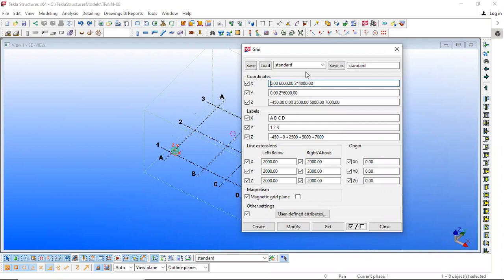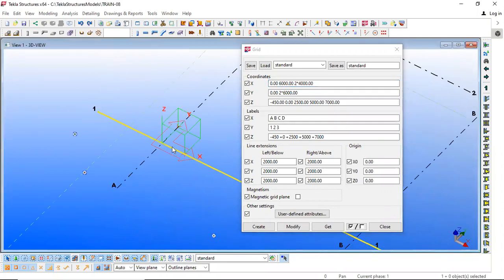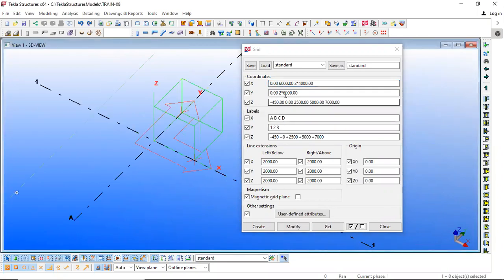So 0, 0, 0. This 0, 0 is the origin. It will always start from 0, and the reference will be from 0. So the grid will start from 0 always, and it will move on in the x direction.